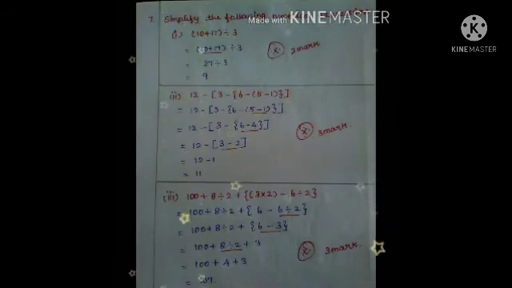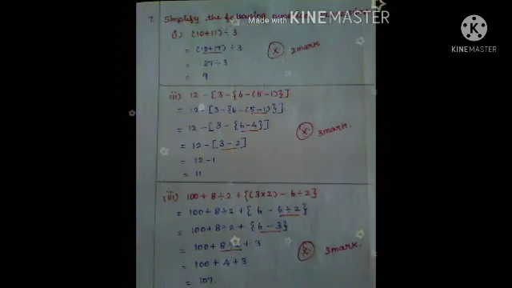Now next step, 12 minus bracket 3 minus bracket 6 minus 4. 6 minus 4, how much? 2. So I wrote here 2. Now 12 minus bracket 3 minus 2, how much? 1. 3 minus 2 is 1. So now 12 minus 1 is how much? 11. So this is also an important 3 marks sum.